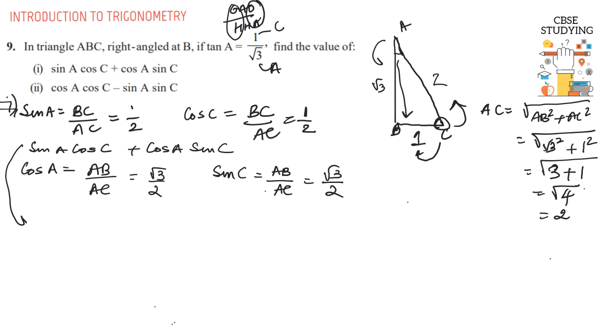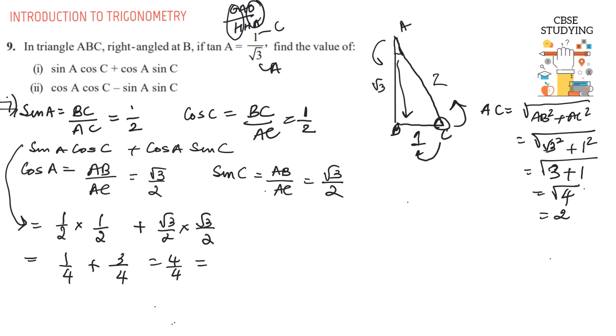So sine A cos C and cos A sine C. What is the value of sine A? 1 by 2 into what is cos C? 1 by 2 plus what is cos A? Root 3 by 2 into root 3 by 2. 1 by 2 into 1 by 2 is 1 by 4. Root 3 into root 3 is 3. 2 into 2 is 4. So 4 by 4, that is equal to 1. Right? Second question is